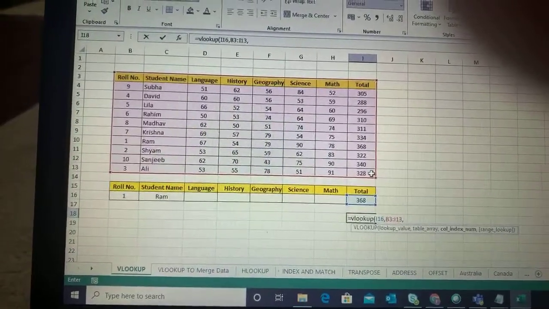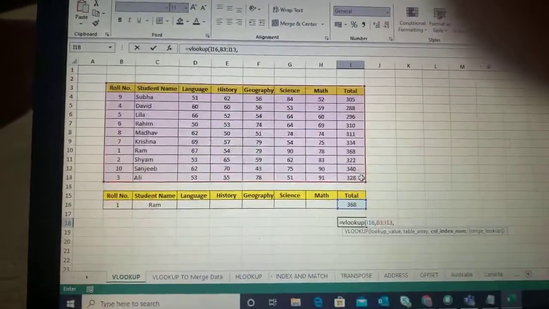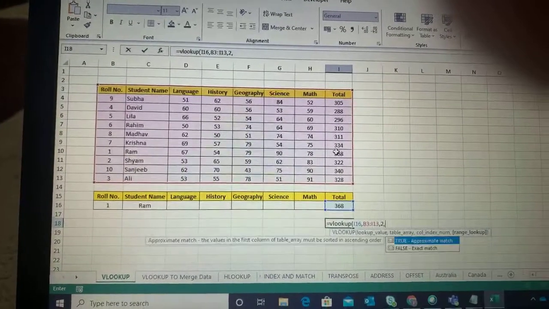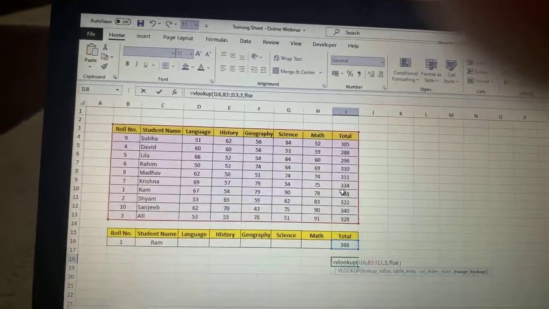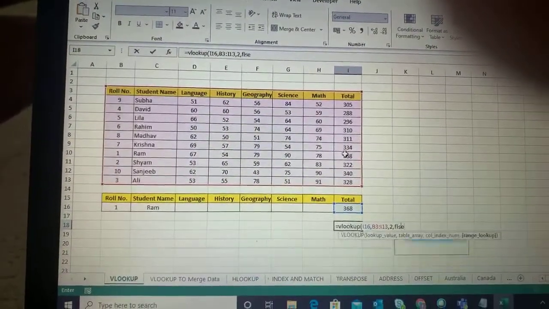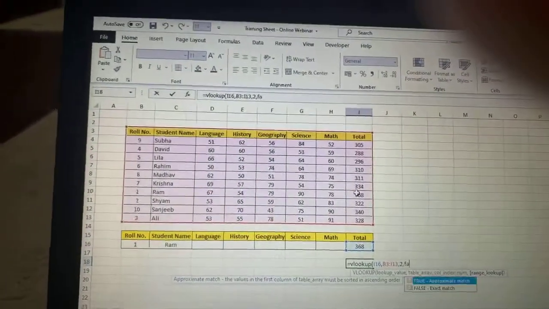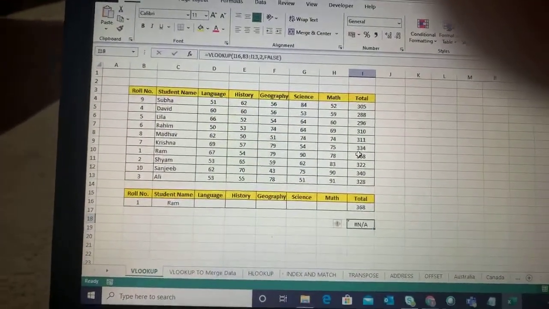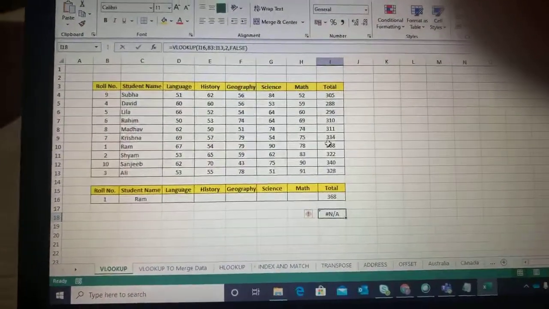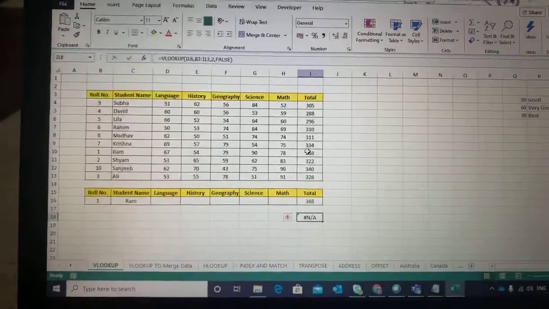So I want to fetch values from the second column and I want this to be an exact match. As you can see, you get an error because VLOOKUP does not search towards its left.